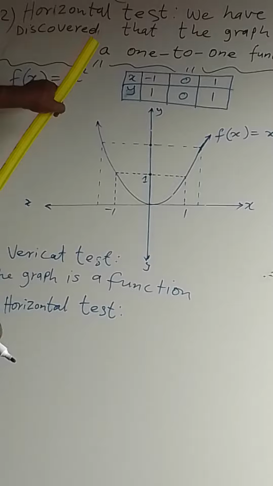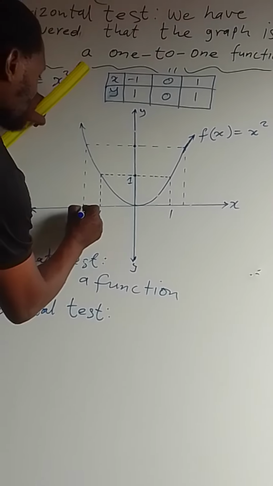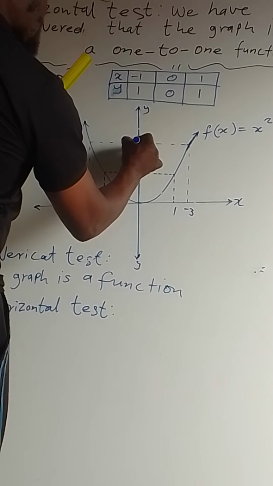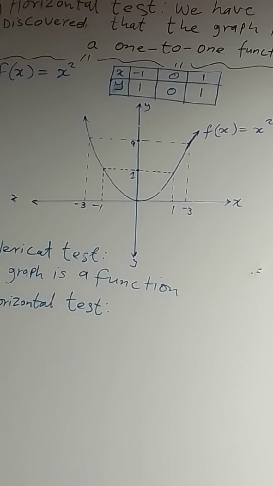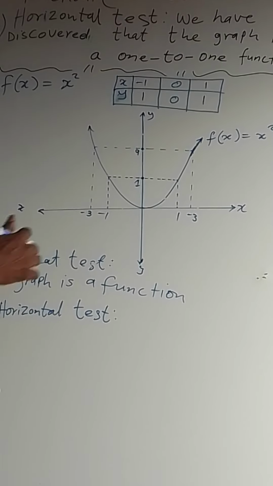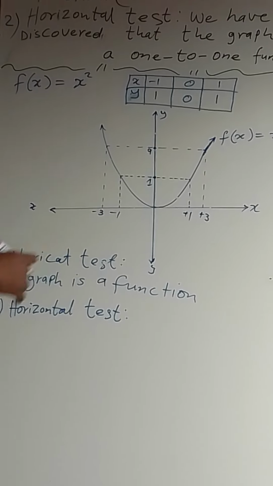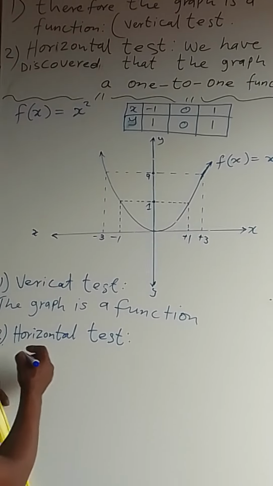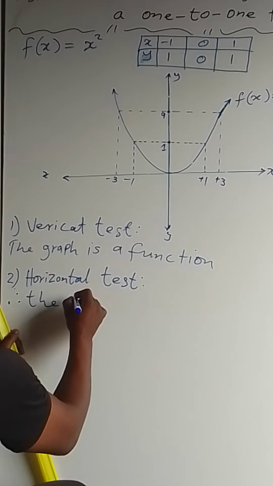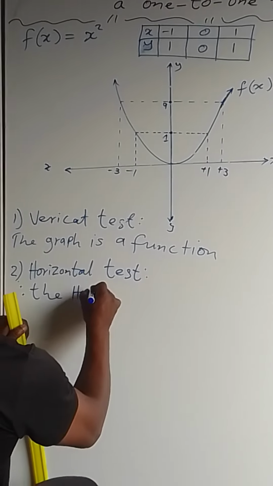If you check this, say this is minus 3, for practical reasons, this is going to be a 9. When you put a 3 here, you square a 3, this is positive, you are going to get a 9. This is just a rough sketch. Therefore, the horizontal test,